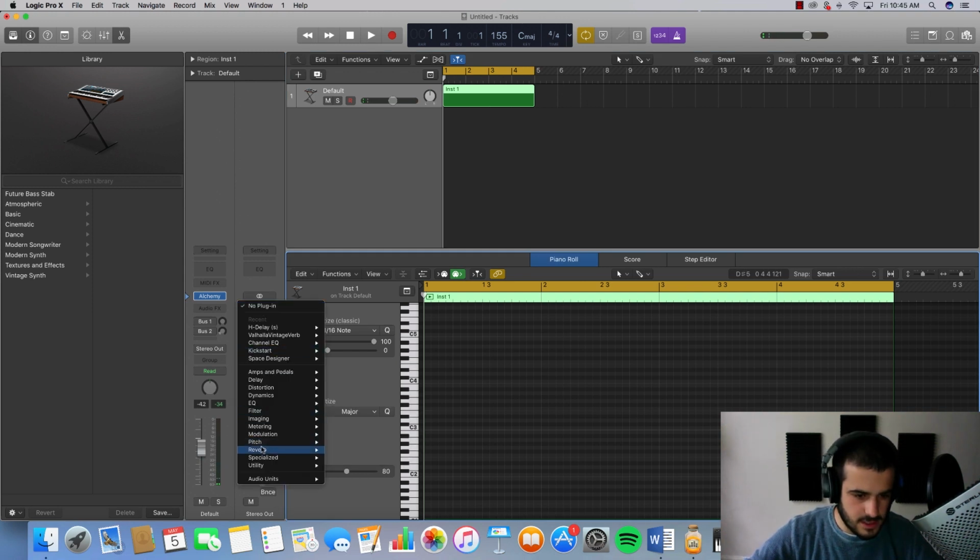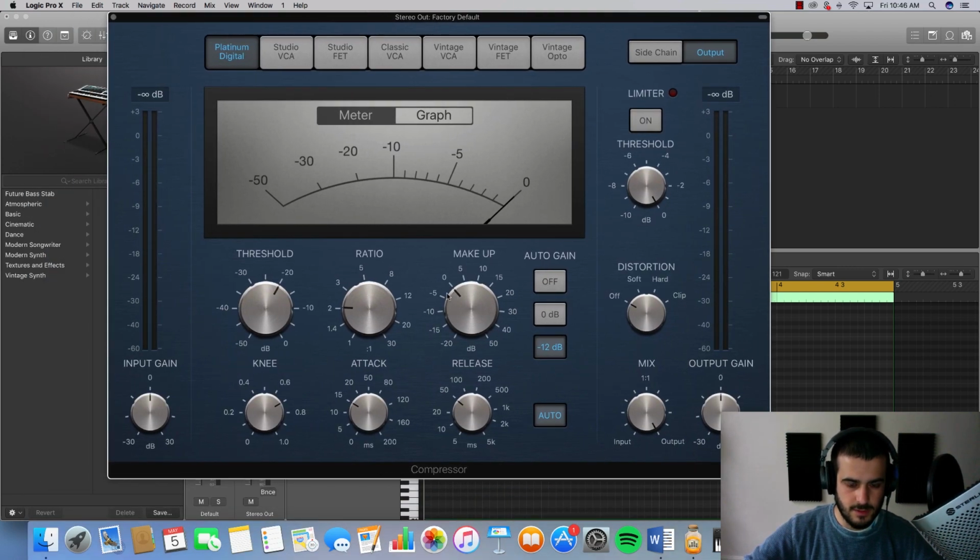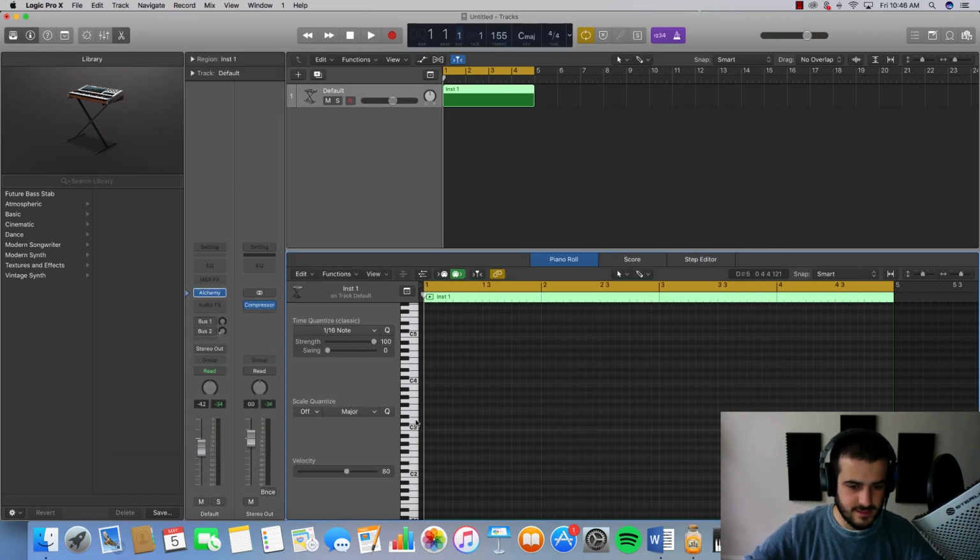Nice. Alright, so I'm using a new screen capture software, which unfortunately inhibits me from adjusting my volume in my headphones. So what I have to do is adjust my volume with a gain knob. I don't want to do this. I think it's so annoying, but we can all thank Camtasia for that one.